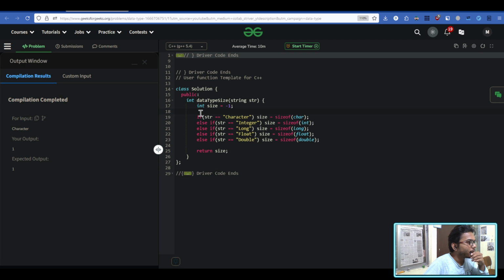Here we don't need to check the full conditions because we can directly check if str is character, integer, long,